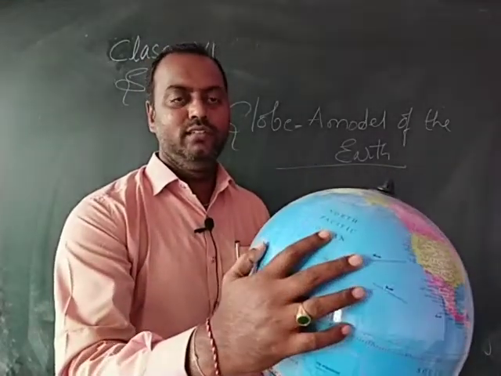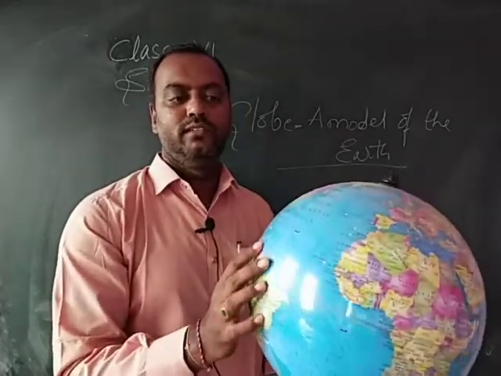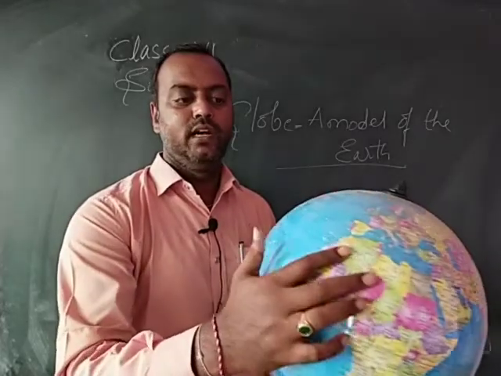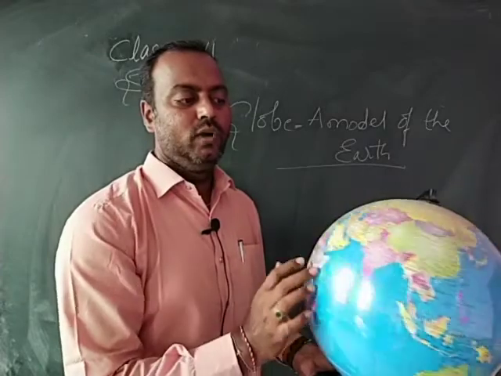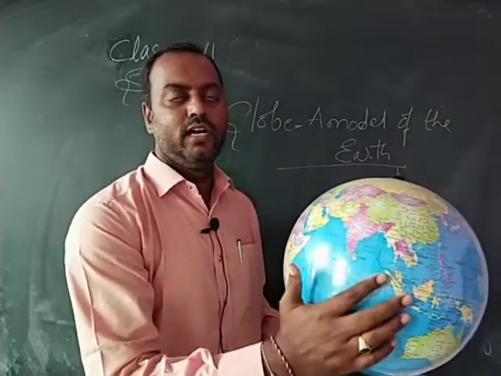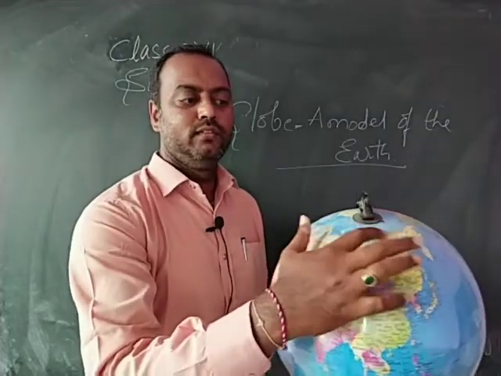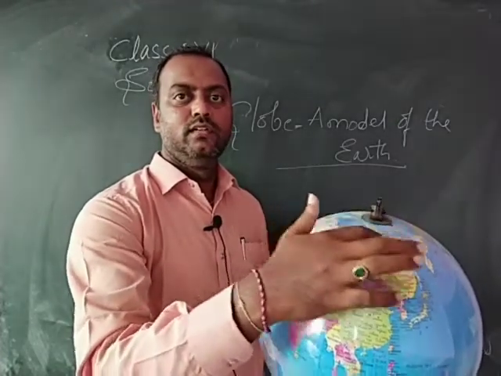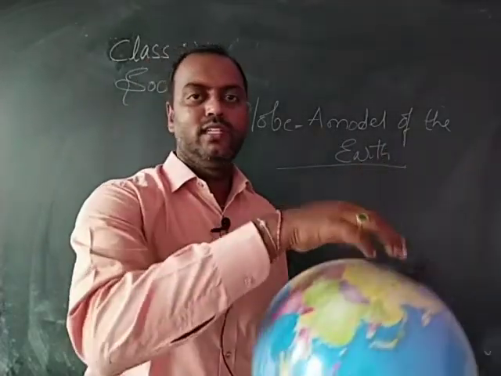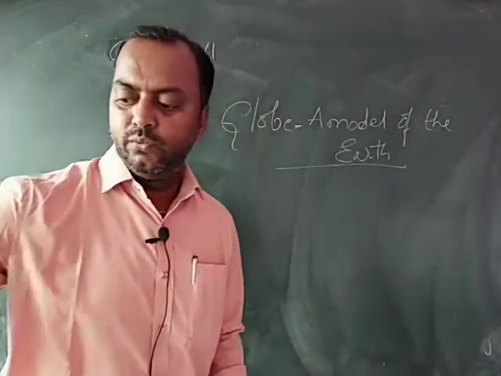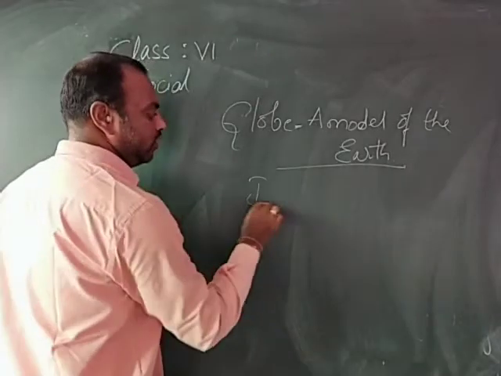This is the Pacific Ocean, and the water which divides the American continents from Asia and Africa is the Atlantic Ocean. You can see here, and the water to the south of India is the Indian Ocean, whereas the northernmost part, which is completely frozen, is the Arctic Ocean, and this is the Antarctic Ocean. So these were the 7 continents and 5 oceans which we have learned, and today we learn about the imaginary lines on the globe.